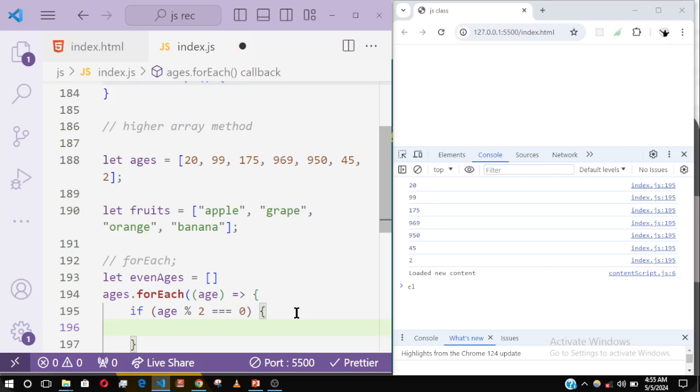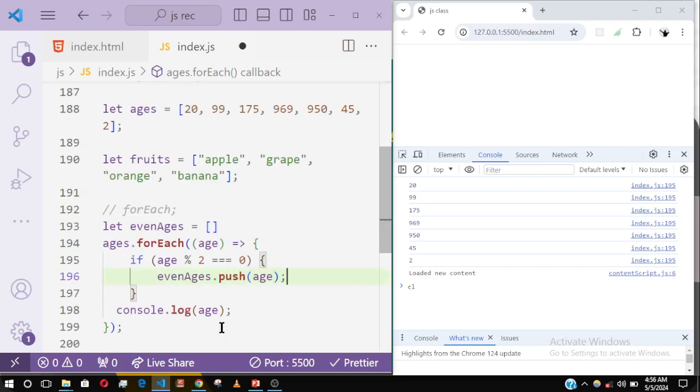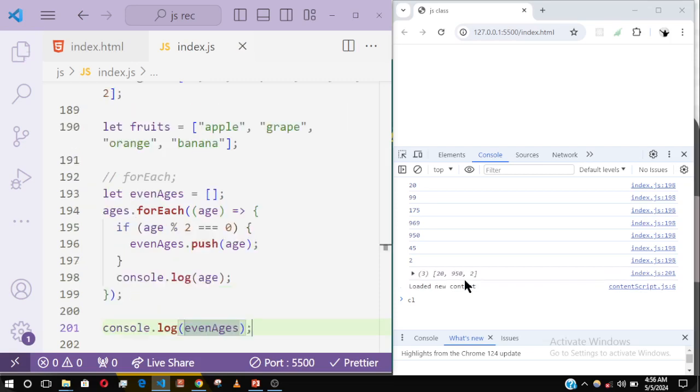Do evenAges.push(age), so that at the end of this loop, if I come down here and do console.log(evenAges), I'll see a list of arrays that includes 20, 950 and 2. So if I save that, you see that 20, 950 and 2. So the for loop is nice, but only that when you want to filter something,